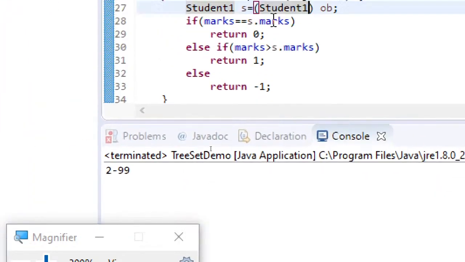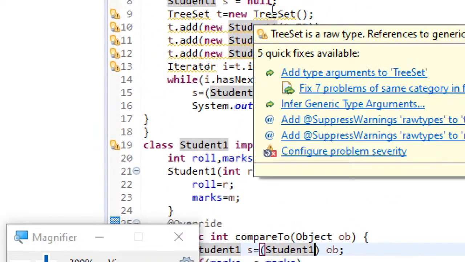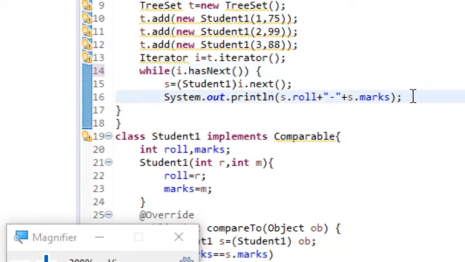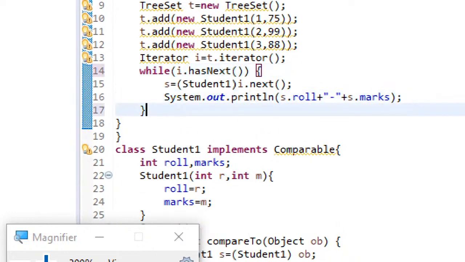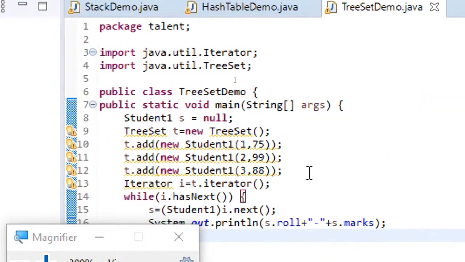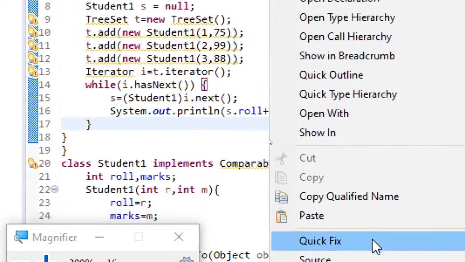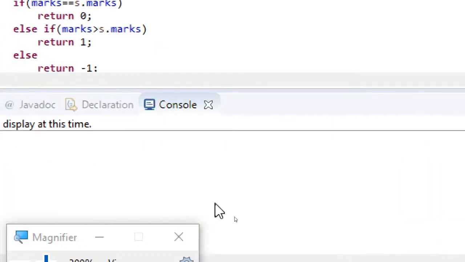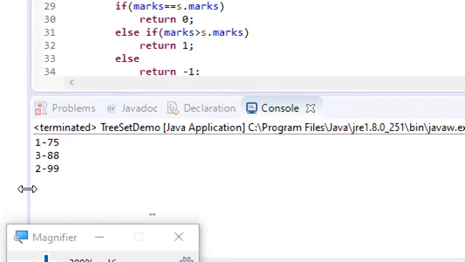Okay, it's displaying only 1. Oh, I think you can understand, because for while I haven't used braces. Here I'm supposed to use braces for while, which I have ignored, because I have to iterate it. Yeah, now you can see what is being displayed.